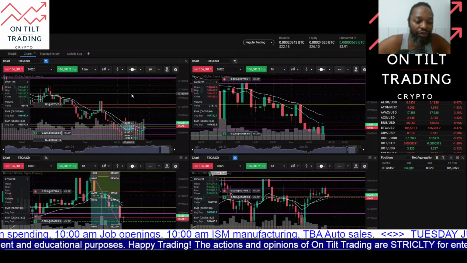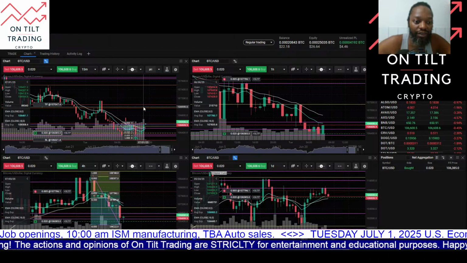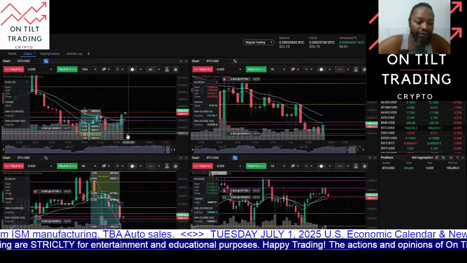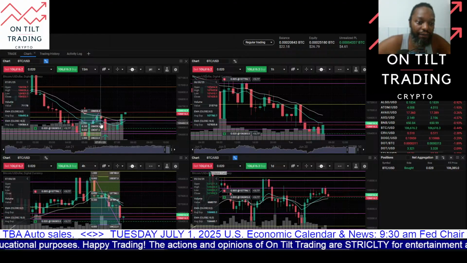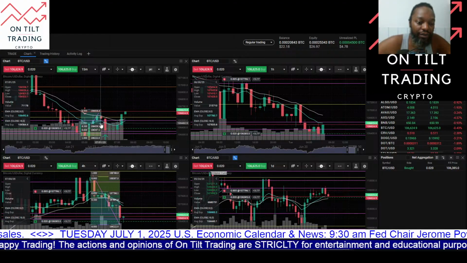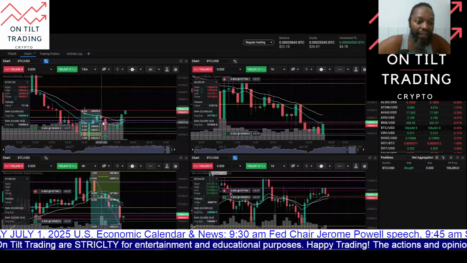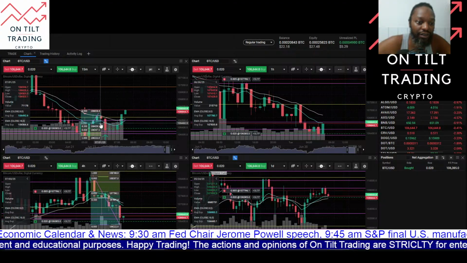So this entry well before, and target is just within the Asian range here. And we're approaching potentially breaking out of the range that initiated this price action or this trade,